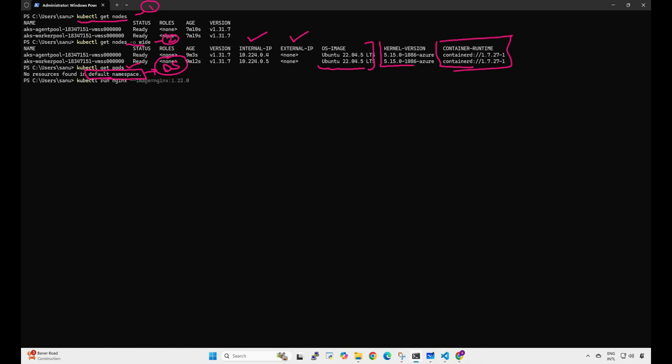To create a pod, the first command is kubectl. What is the functionality of kubectl? To connect to our API server. Okay, the second command is run. The run command is basically responsible to create and